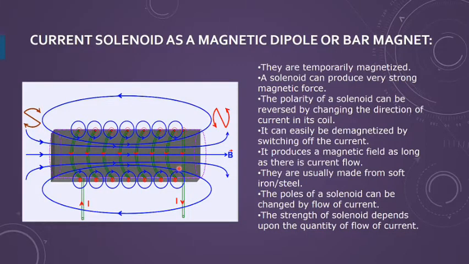That is, if soft iron, we generally use that, and if there is no core, then of course the field produced will be different. So you need to take care of the solenoid in more detail. We have discussed it in magnetic effects of current also, but now they are asking you to compare it with the bar magnet. That is important.